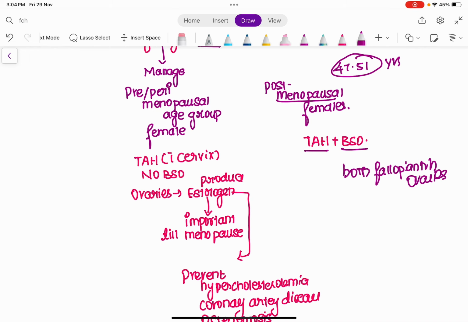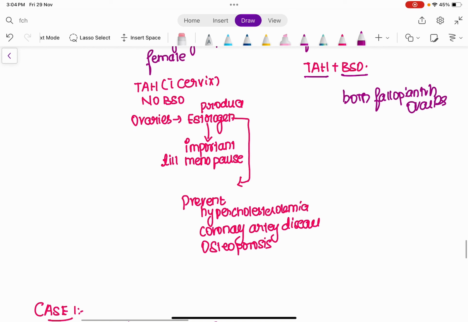hysterectomy and bilateral salpingo-oophorectomy? It is because we all know that from the ovaries we have the hormone estrogen, right? So estrogen is the most important hormone in any female, because estrogen is going to protect the female from many adverse effects during her reproductive age group life. Until the attainment of menopause, the female is actually protected from hypercholesterolemia and then coronary artery diseases and osteoporosis, atherosclerosis and much more. So all these risks are actually avoided in a female who is menstruating, because in a menstruating